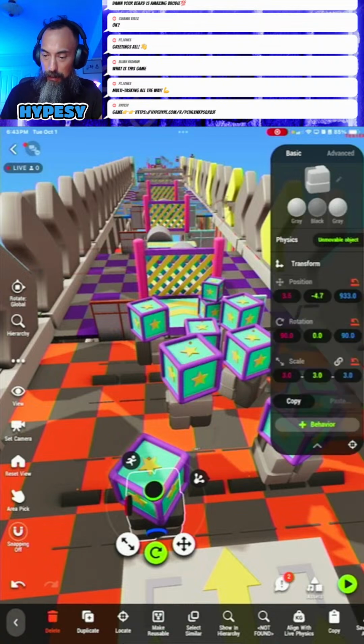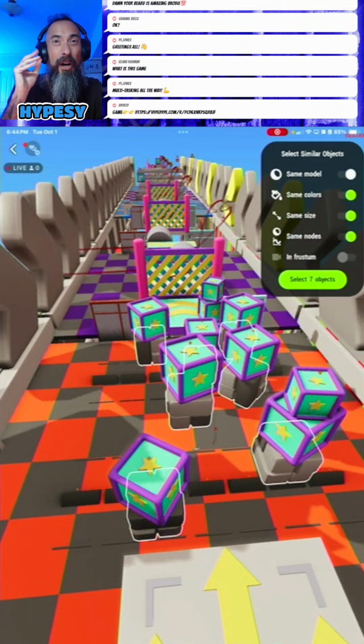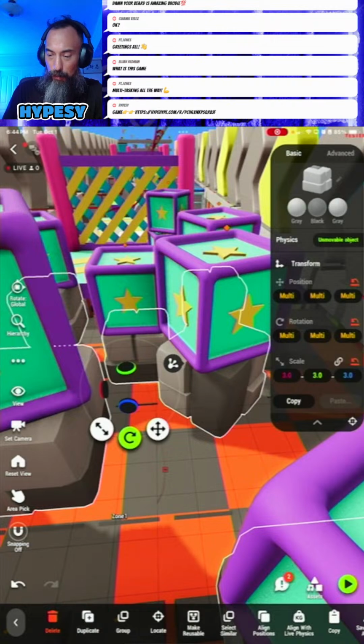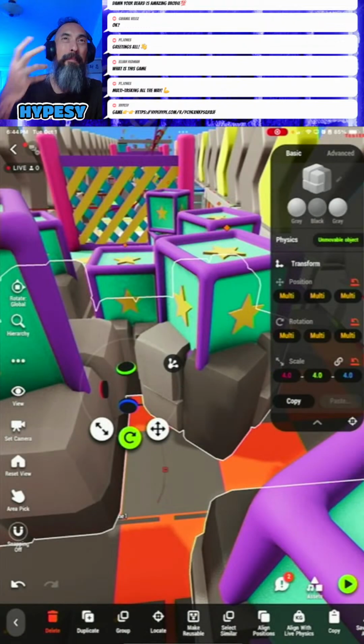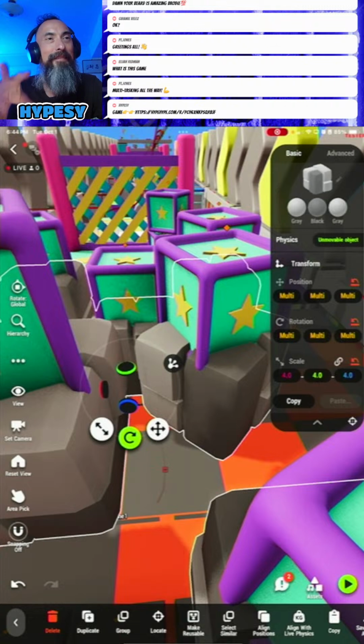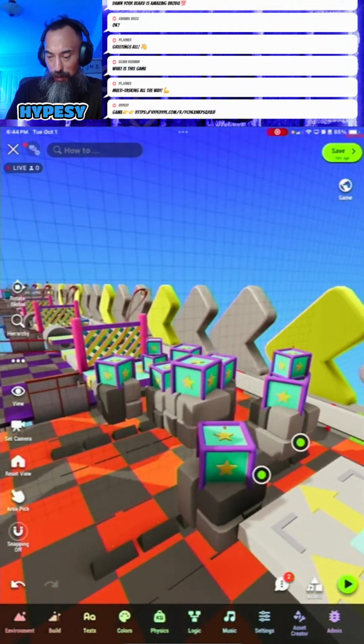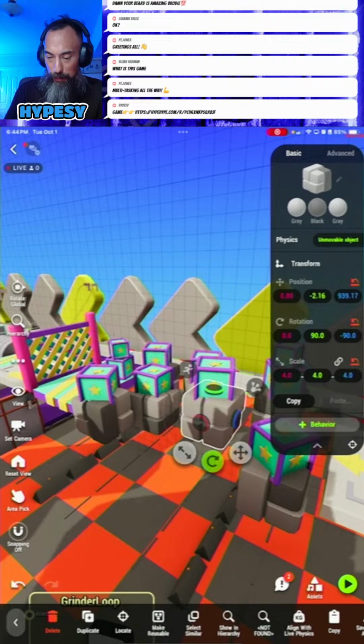Okay, so this is a size 3. So I go down here, I hit select similar, and it'll select all of them at the same time. And then we're gonna just change it, keep the link there, and change it to size 4. Make it a little bit bigger. I've been watching people play, and they kind of have difficulty jumping from one block to the next block, and that's fair. I made the game, therefore I'm really good at jumping from one spot to the next. But other people,